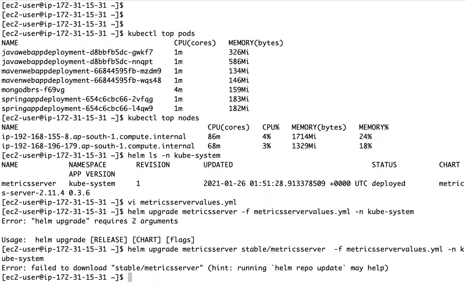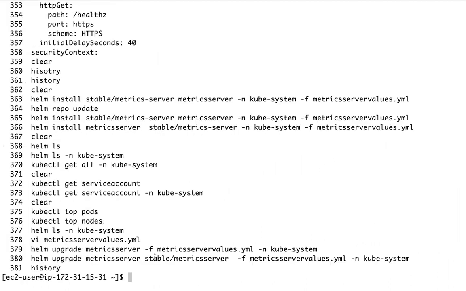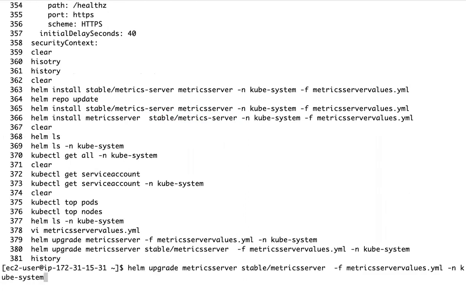Now metrics, let me see this. The chart name, what is the chart name? Stable. Okay, there is a hyphen. So there is a hyphen here. That is the chart name.